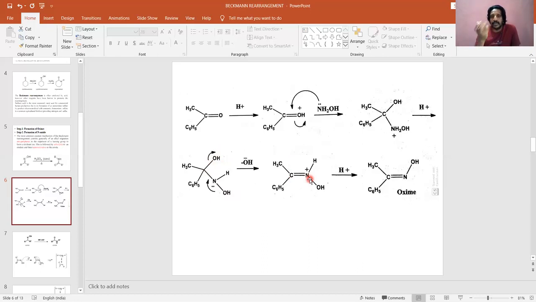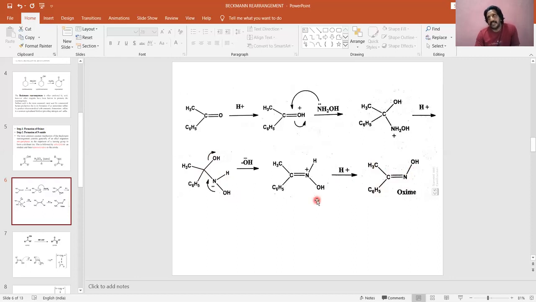So next, this molecule being ionic, it will try to attain stability by deprotonation. So H plus will go out, leaving its pair of electrons to nitrogen. Now we got oxime. So the thing which happened is the same, elimination only. OH and H will be eliminated as a water molecule to give away oxime. Okay, so what is oxime? R, C, R1, double bond NOH. Okay, so this is the first step.